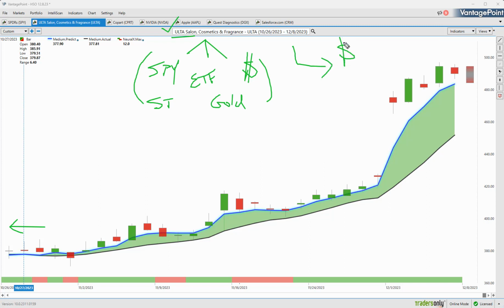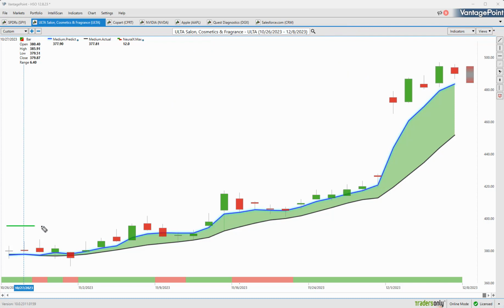And so what we do is we take those intermarket relationships and use those to generate future price predictions. Essentially, the data set for those neural networks, taking in that huge amount of data, is all the relevant markets that are known to share market relationships. And it's those price predictions generated via the technology that are actually used to construct these indicators. So rather than all the values lagging behind the market and just readjusting to what's most recently occurred, now we have a forward-looking predictive tool. So whenever that blue line crosses above the black line, you can think of that as average prices